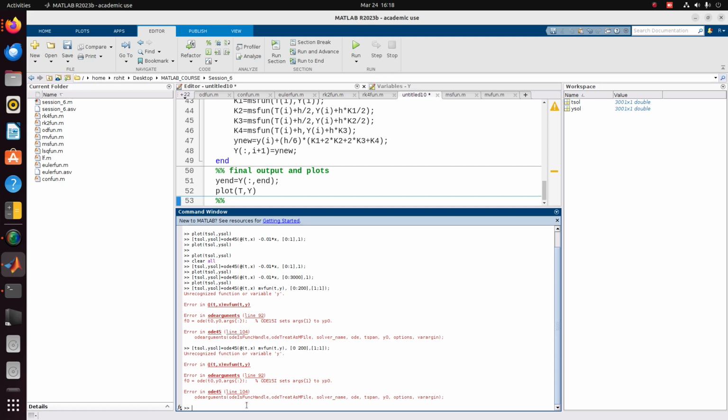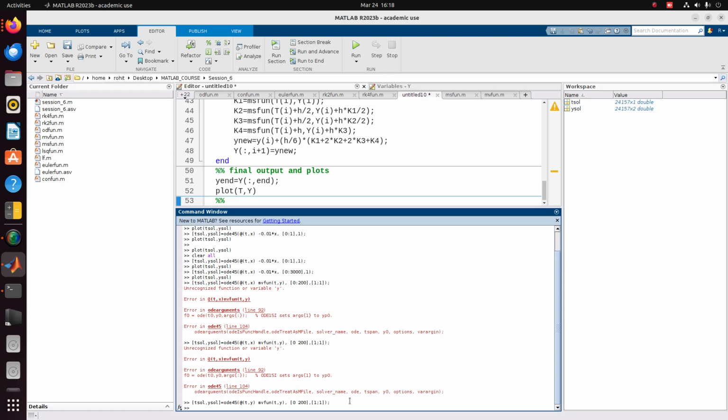So here I gave the function as x, it should be y here. Okay,